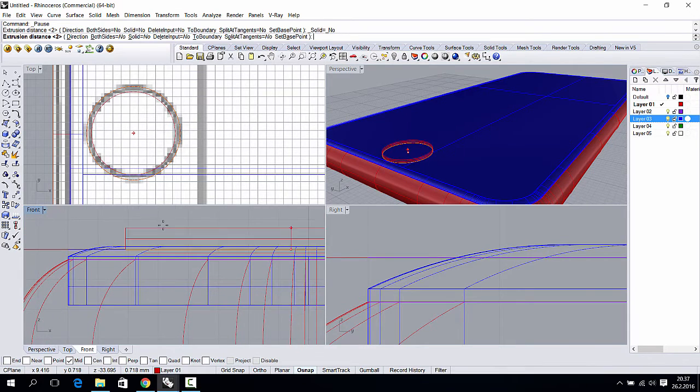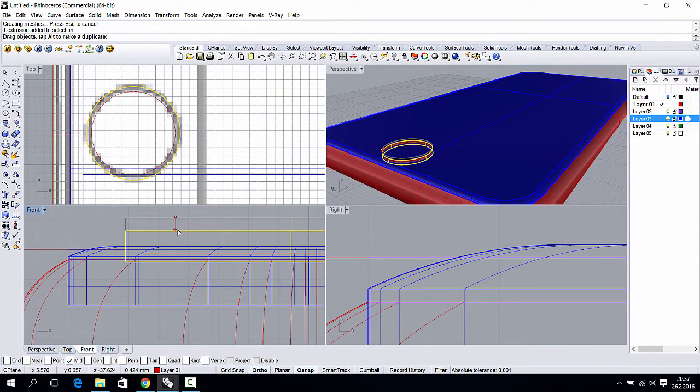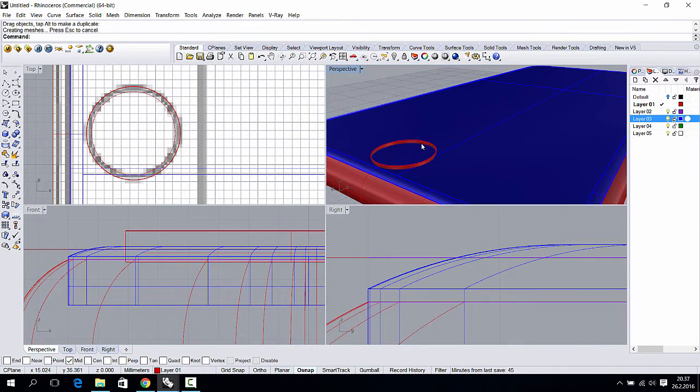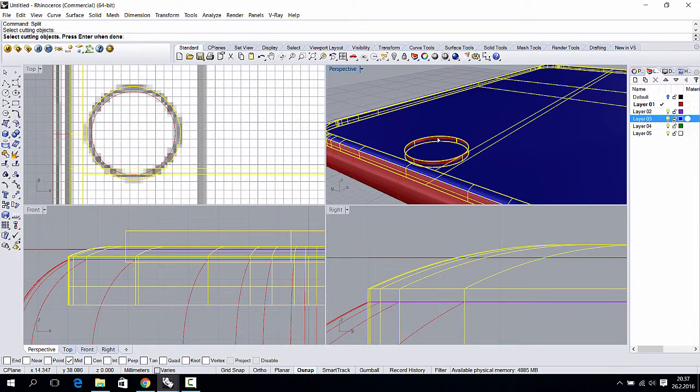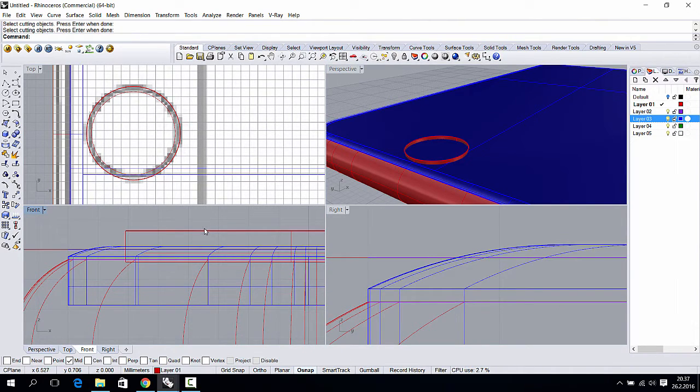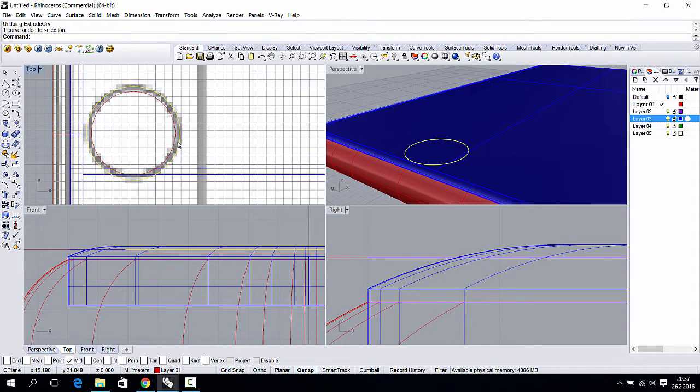extrude this curve and move the part a little bit down, and let's split this screen with the, okay, maybe, yeah, we need to, okay, let's not do that. Yeah, let's make the button. Yeah, it's easier that way. So